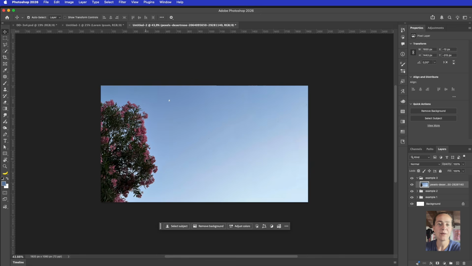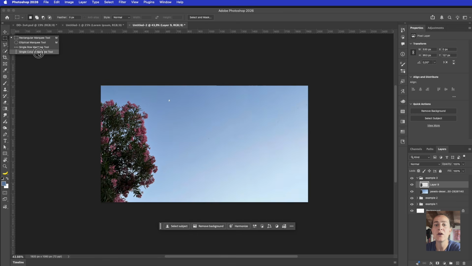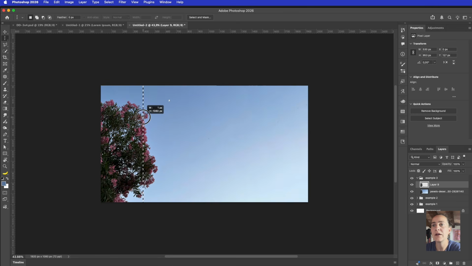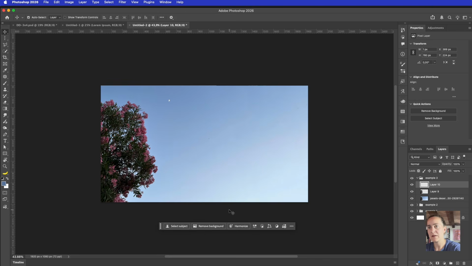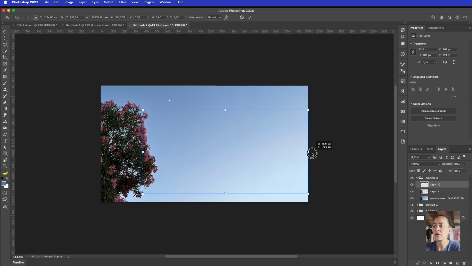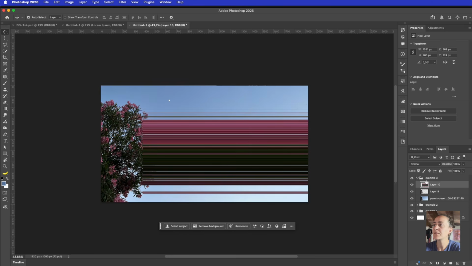For our last example, we're gonna try another thing. Just go to select subject. I want to stretch out this pink and green plant, which looks really nice. So select it, duplicate that selection onto a new layer, select my single column marquee tool, decide what part it is I want to stretch, duplicate that onto a new layer, Command T, stretch it all the way out. Bring it underneath our little plant,